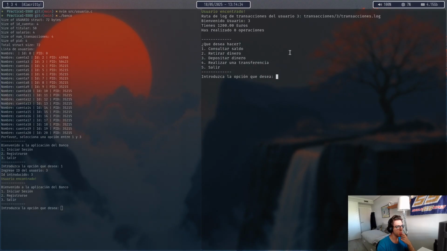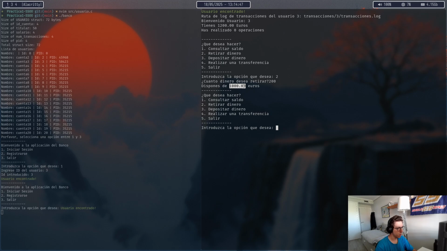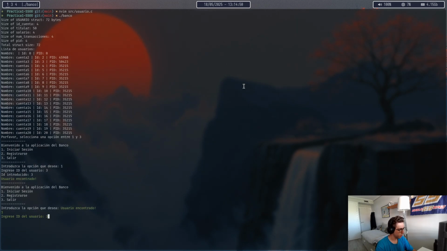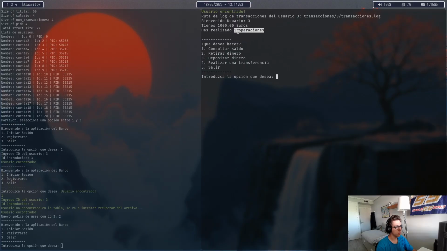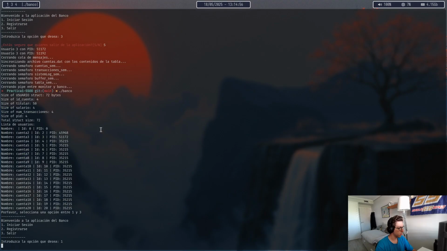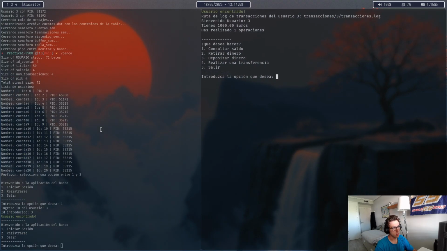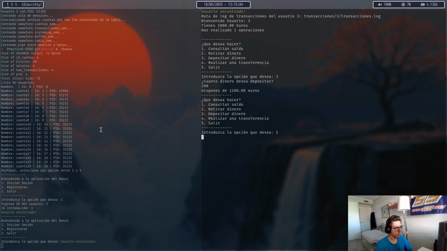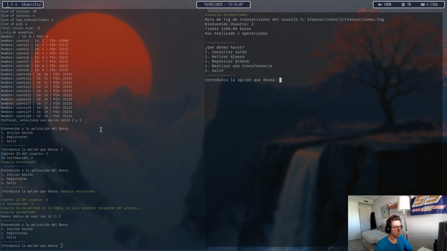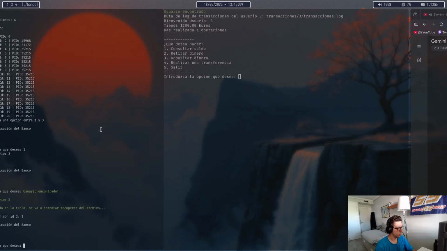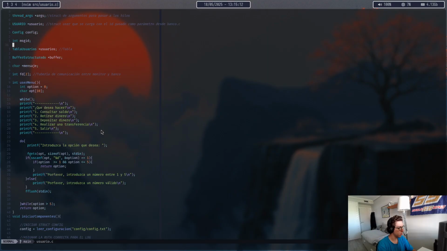Okay, so I get this, then I say welcome user 3, you have this X amount of money, you've made this much number of operations, which is not really true. I should have more, right? Like if I now exit, I just try to log back in with this, I should have 1 operation. What if I exit this? I still have 1 operation. I don't know why that didn't count in the first place, but if I deposit 200, exit, log back in, it says I have 1. Okay, so this might be a problem with the deposit operation rather than